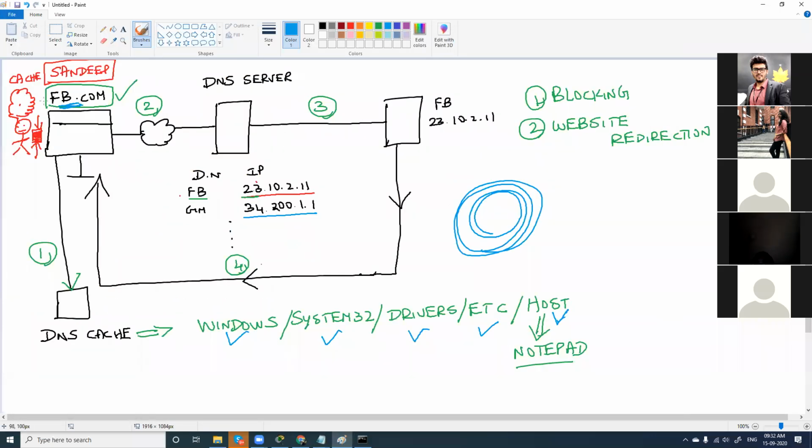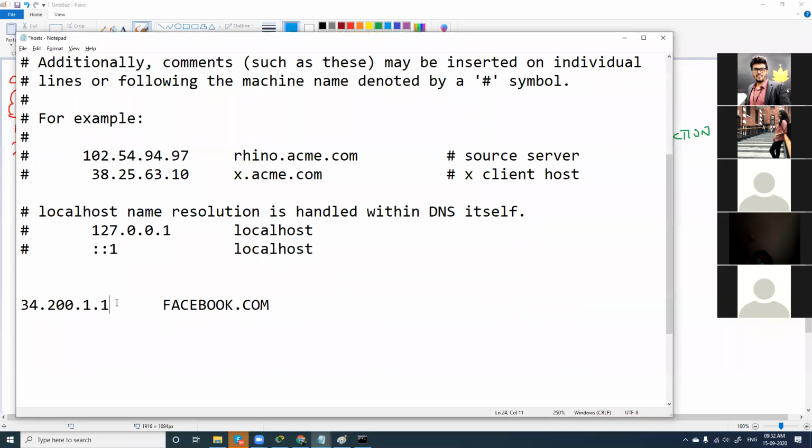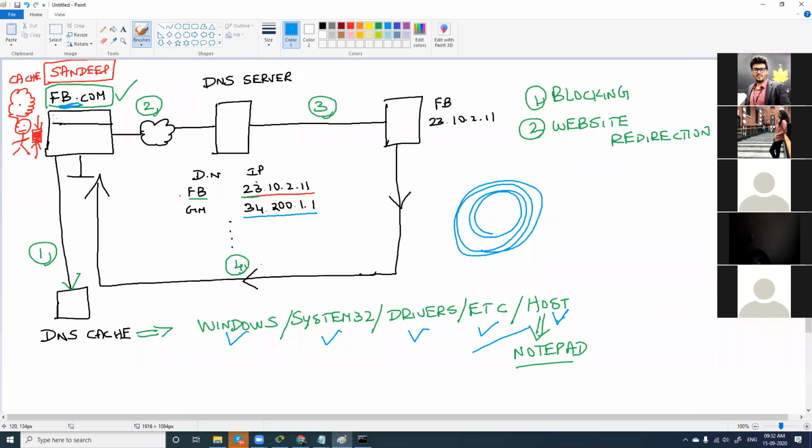When someone types facebook.com, the request will come here. It will go to hosts, and in hosts we have the facebook.com IP address, which is Gmail's. So when someone types facebook.com, Gmail should open here.